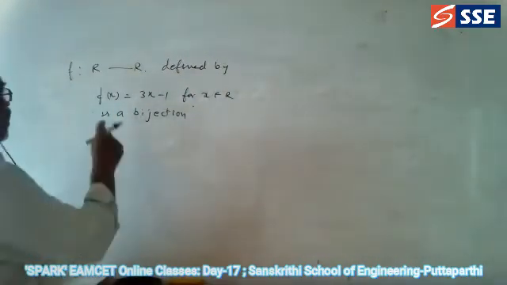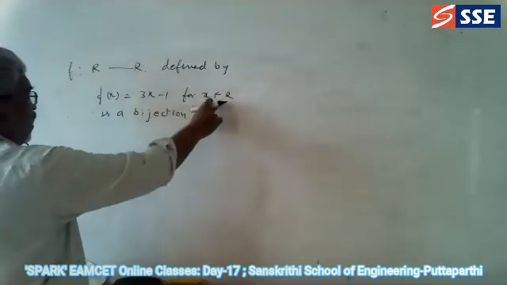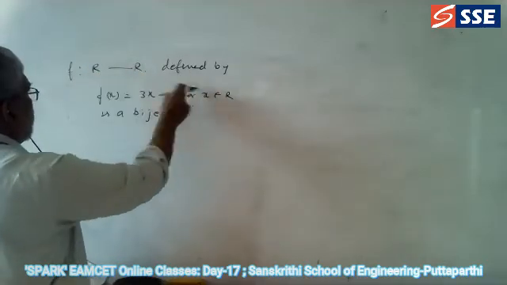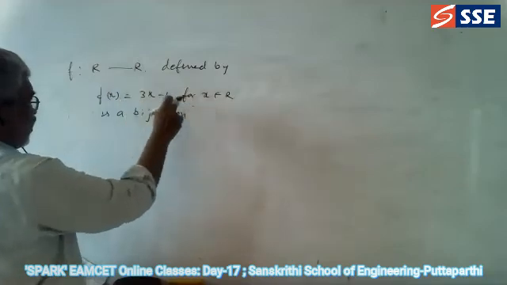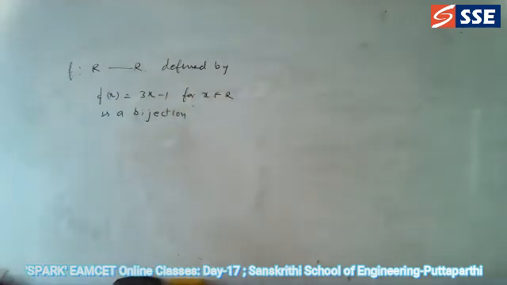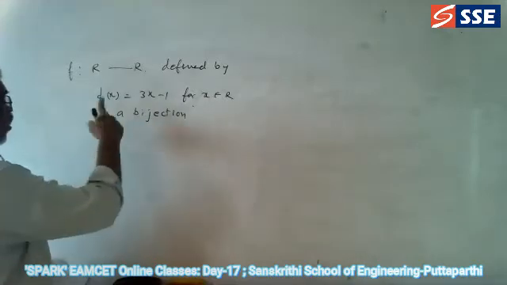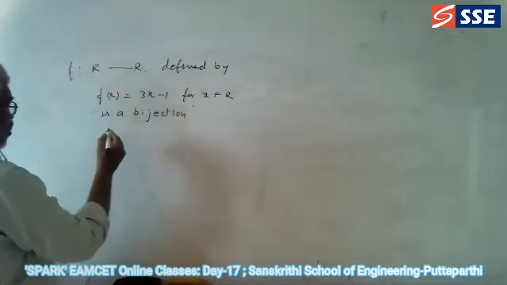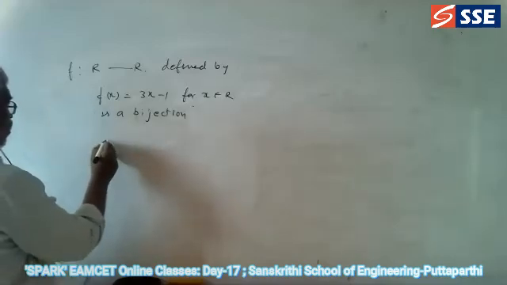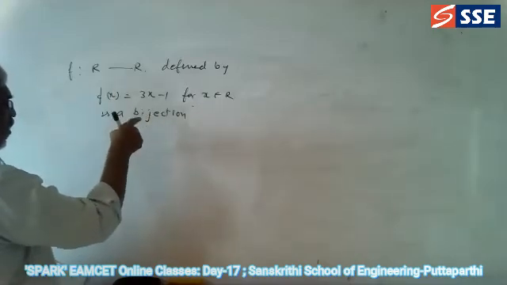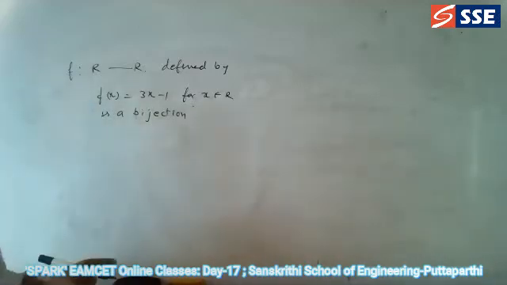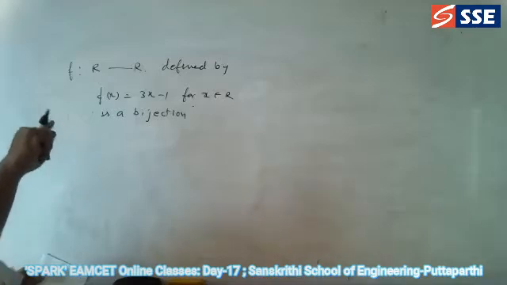We are saying injection and surjection. If the function is both one to one and onto, it is called a bijection, injection as well as surjection. Now we have to prove that the function from R to R, where x is an element of R and the function is 3x minus 1, is a bijection. First we have to show whether this function is one-to-one or not. So let us take two values, x and y in R. A bijection means we have to prove it is one-to-one and onto. One-to-one means every element has a unique image.